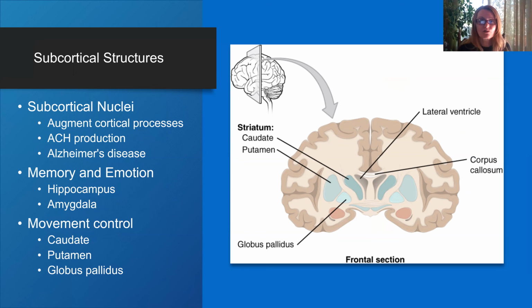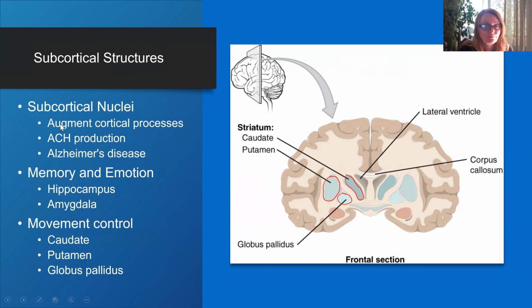Now, that was cerebral cortex. If we move deep, we have subcortical structures, subcortical nuclei, right? So for example, over here, you see a caudate nucleus, right? You see putamen, globus pallidus, right? That's a collection of cell bodies of neurons that are underneath this cortex, surrounded by white matter, and they're